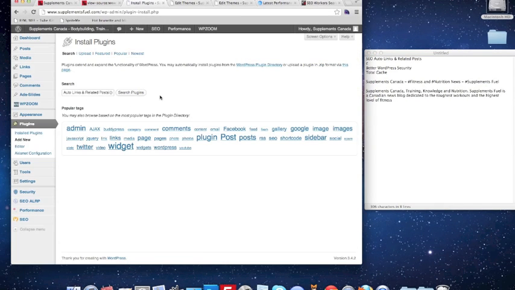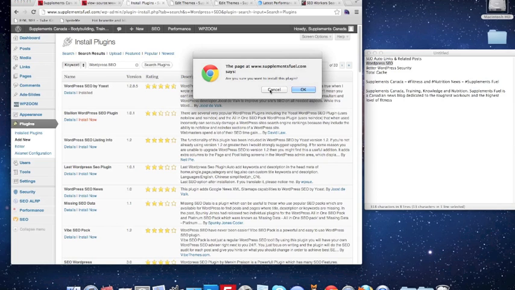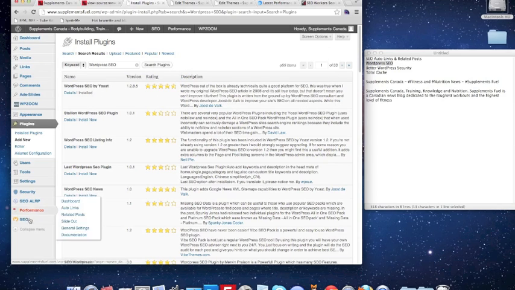And then after you paste your copy, paste, right? Search. It'll be right on top, right here by Yoast. I've got it installed already. Again, just click install now, click OK, not to that one obviously, to this one, and then this is what